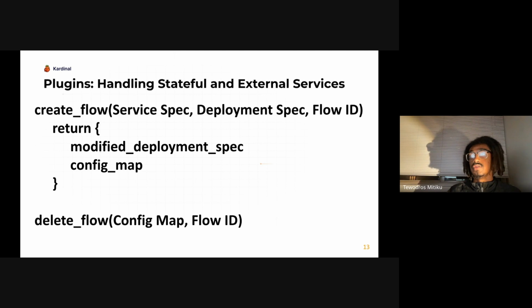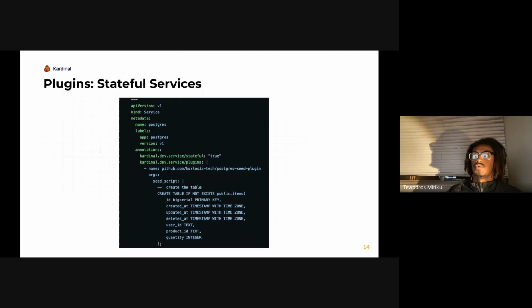I'm going to call the delete flow function on this plugin, where the plugin author has defined the semantics to actually clean up all the resources from that development version of the stateful service that you've indicated. And if needed, they'll use any data from this config map to actually delete the things that they need. And I'll give some examples of that later to make that more concrete. But let's see how we can actually apply that to an example.